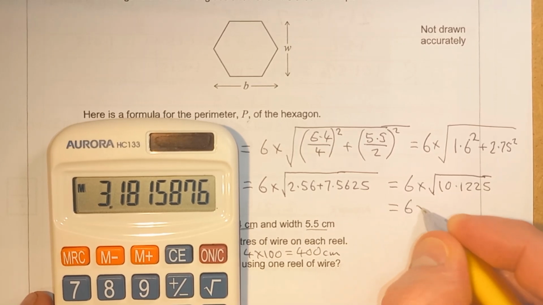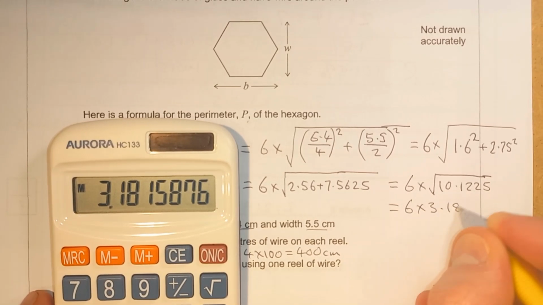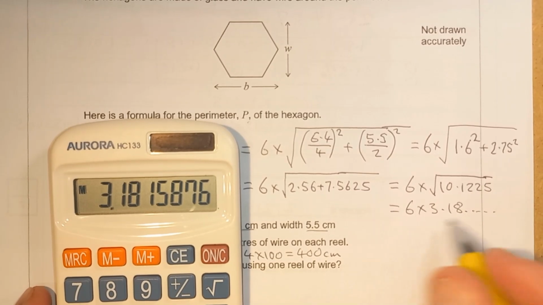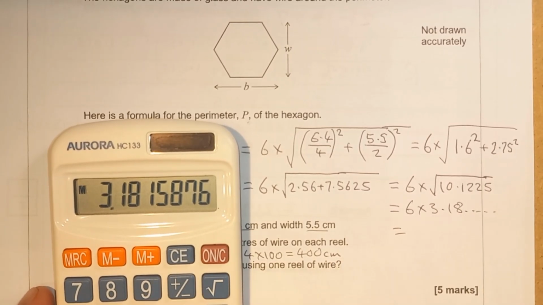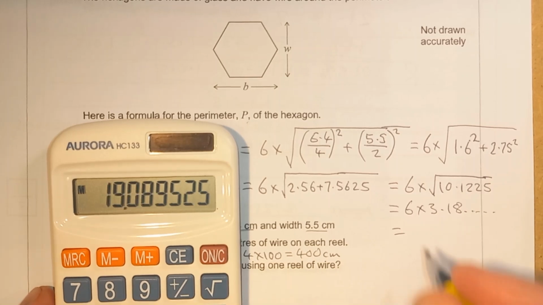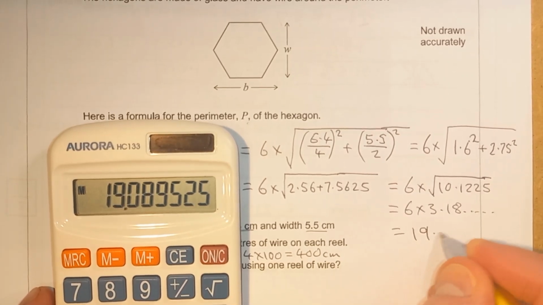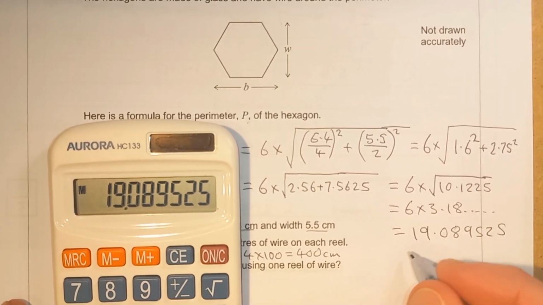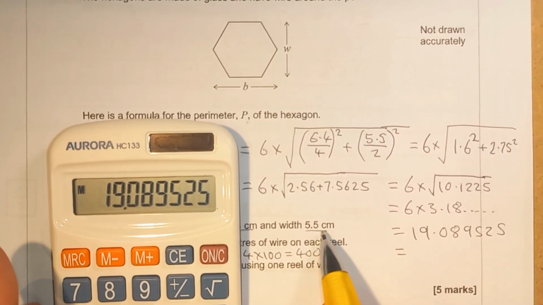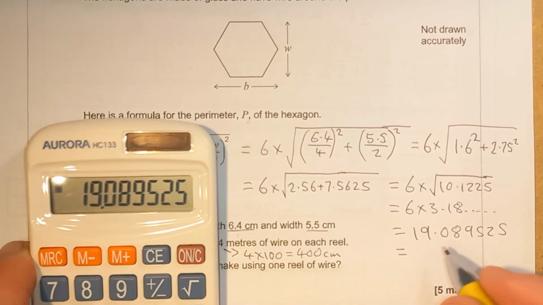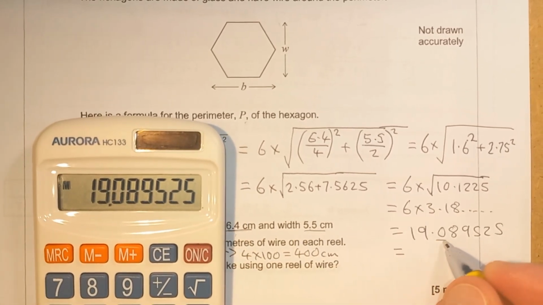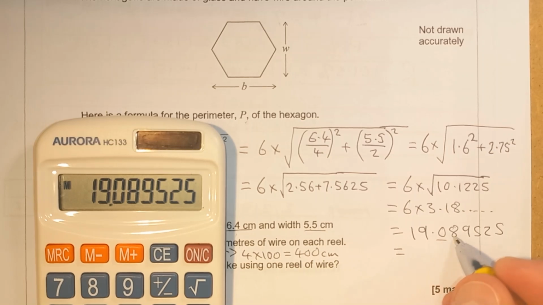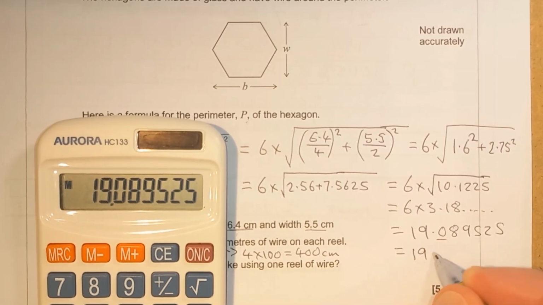So that means we want 6 times 3.18 and so on, but instead of writing it all down, I'm just going to keep all the values in my calculator and then multiply it by 6, which gives me 19.089525, and I'm going to round that. They've given their values to 1 decimal place, so I'm going to round it to 1 decimal place. It's 0, but 8's more than 5, so I'm going to round that to 19.1